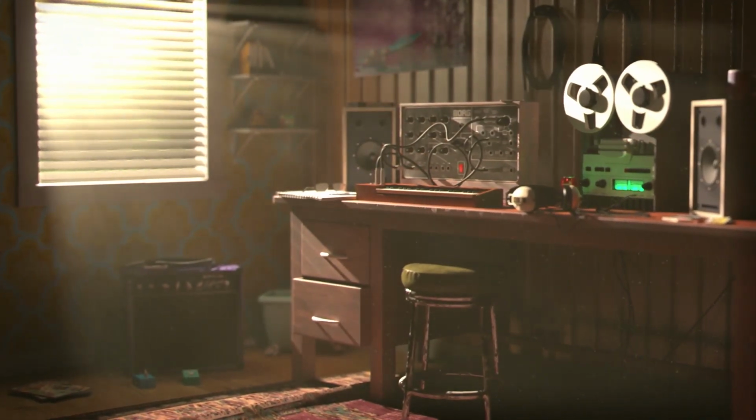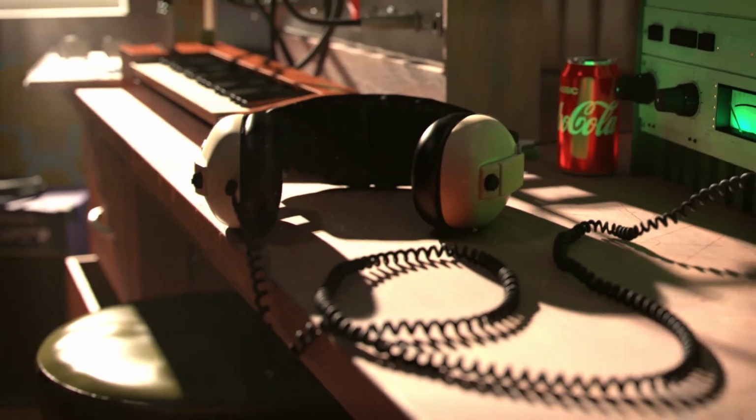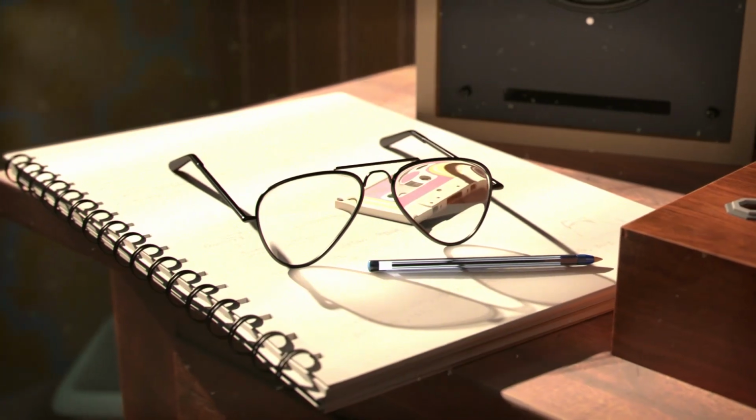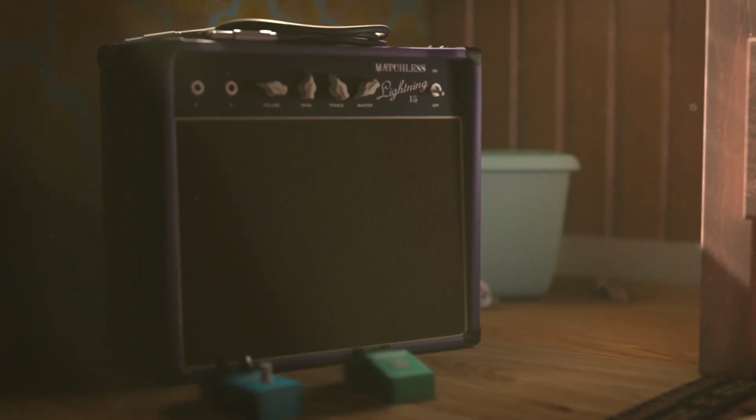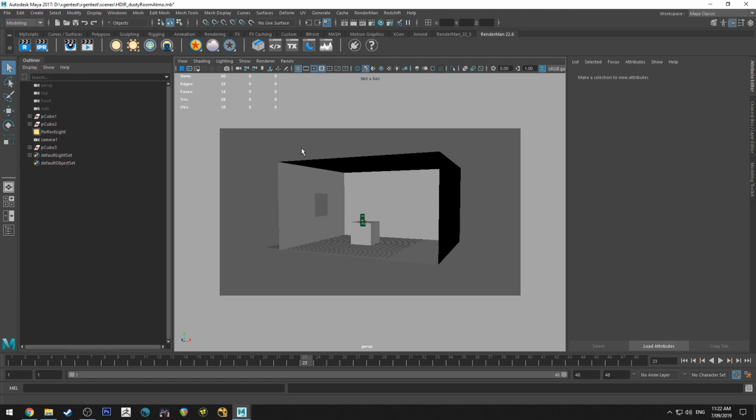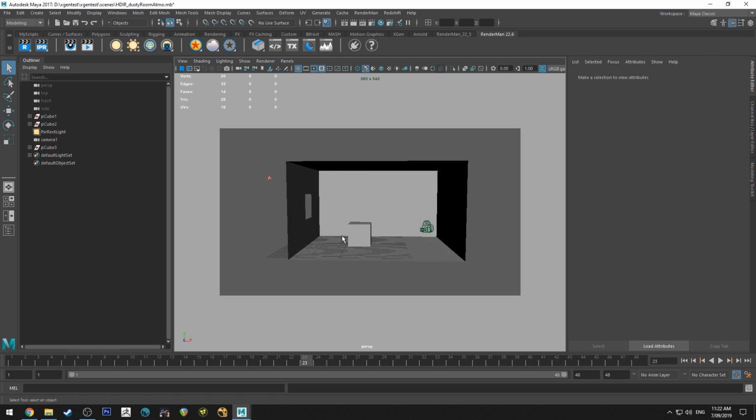Today we're going to be having a look at how to create dust motes and create some extra atmosphere in your scenes, like you're seeing on screen right now, as I've done in some previous renders. We're going to be doing it on a much more basic scene to get you started. I'd recommend testing out the workflow first on something more simple and then working on to something more complex